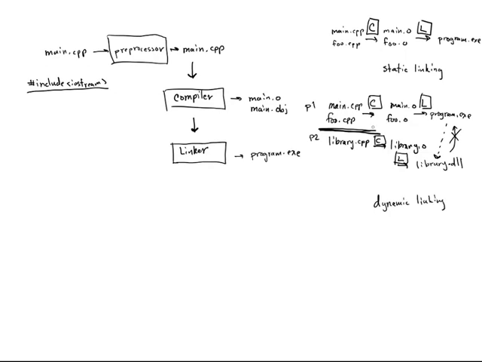Alright, so now there are benefits to dynamic linking and there are benefits to static linking. With static linking, you get all your object files into one executable. You can copy and distribute that around pretty easily because there's only one executable file. You might have some extra resources like images or text or whatnot, but there's only actually one piece of code